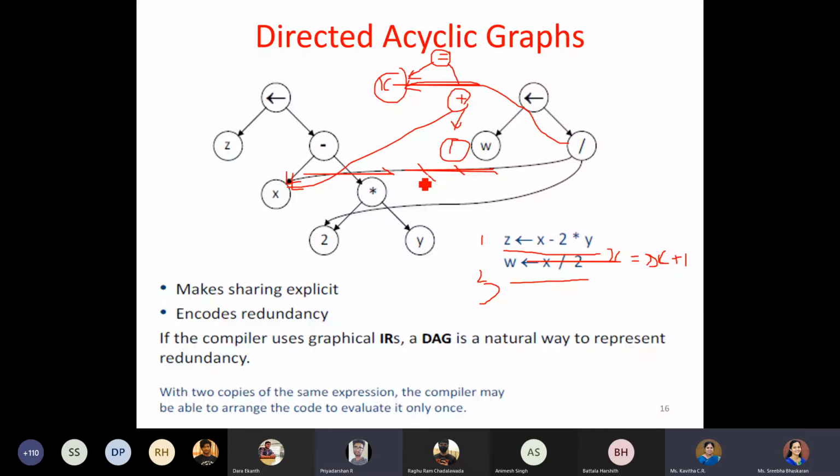And this is the optimization phase, ma'am, the second phase. In this directed acyclic graph, we are saving some memory, like we are using the same data. But in the previous two, linear and structural, we are just writing the past stream, ma'am. So what have we done to optimize the code?